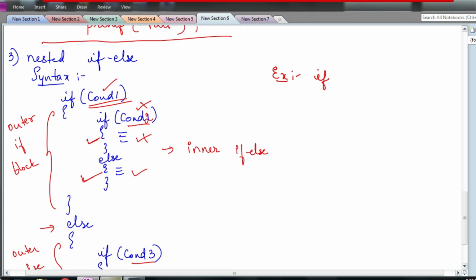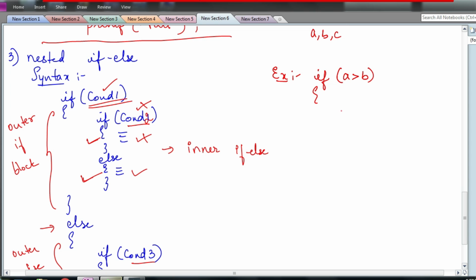So observe how we have written it. First I'll check if A is greater than B. Assume we have three numbers A, B and C, and we have given the input for all three numbers using the scanf statement. Once all these three numbers are entered, first I'll check whether A is greater than B. If it is true, then I'll check whether A is greater than C also. If that is also true, then A is going to be your greatest number. Suppose A is greater than B but it is not greater than C, then C is going to be the greatest number. Okay, so that is what we are going to check here.